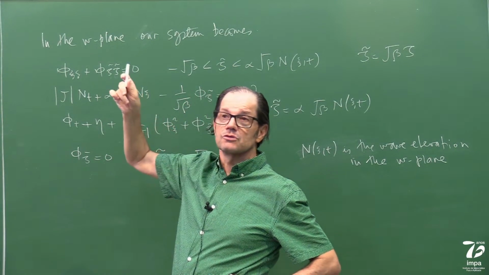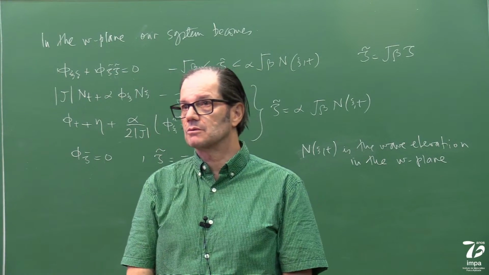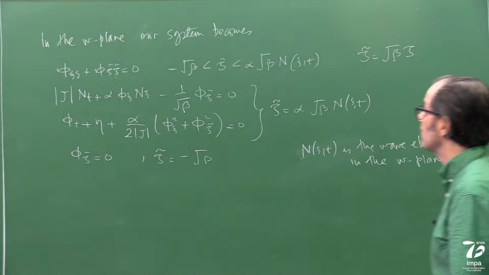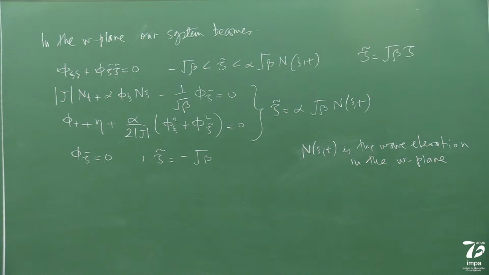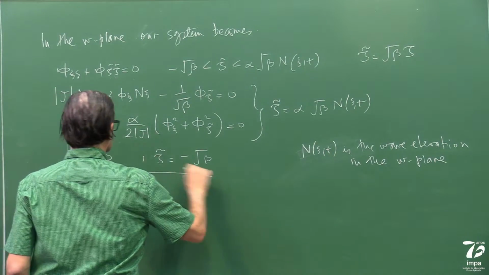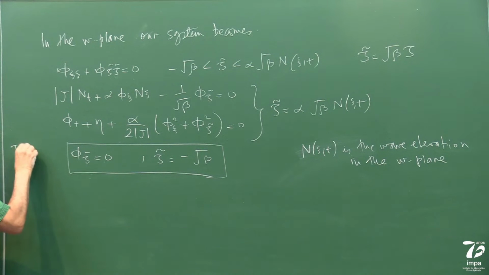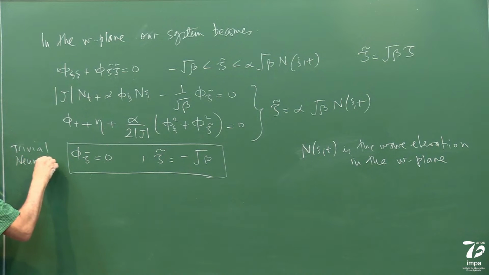This is the first news, right? Because we know conformal mapping doesn't change a harmonic function. It's still a harmonic function. Laplace's equation is invariant under conformal mapping. Everybody's okay with that? The other good news is this one. Let me write it like this. Trivial Neumann. Why? Because now Neumann is,